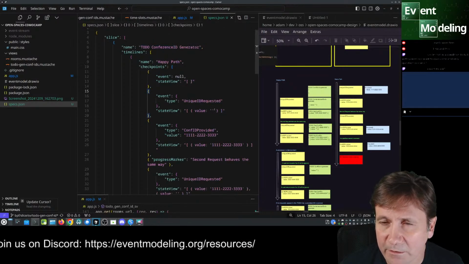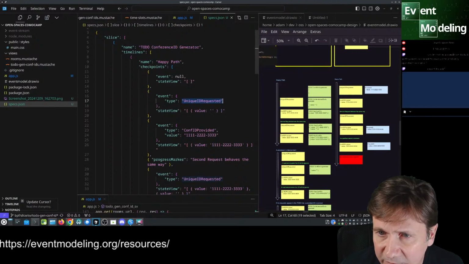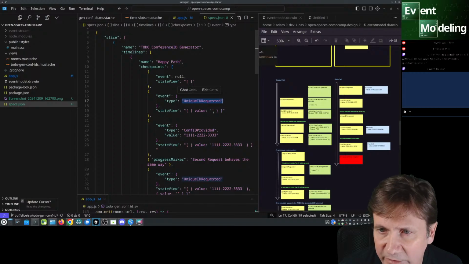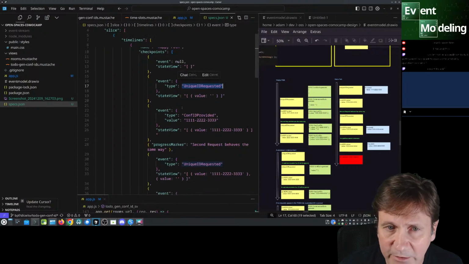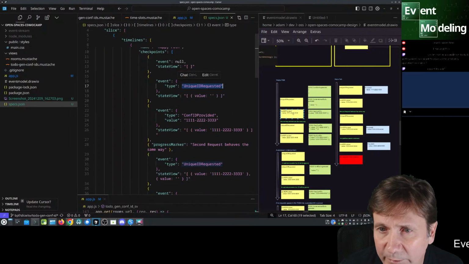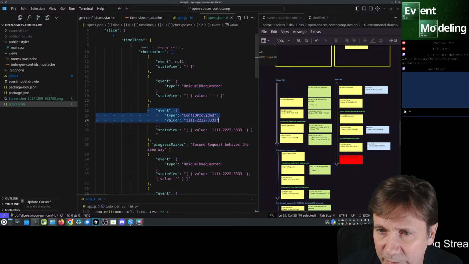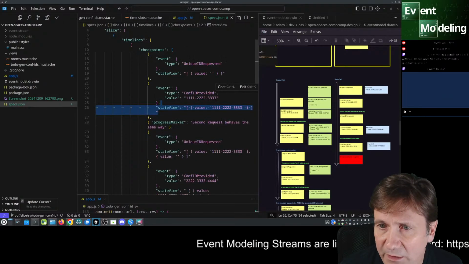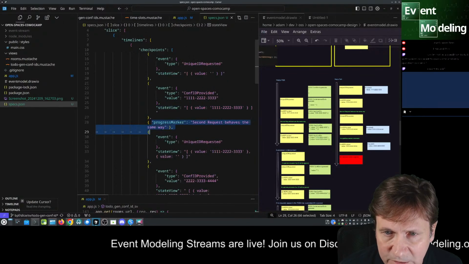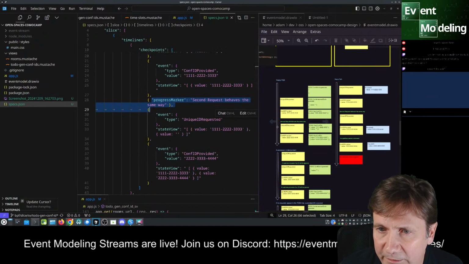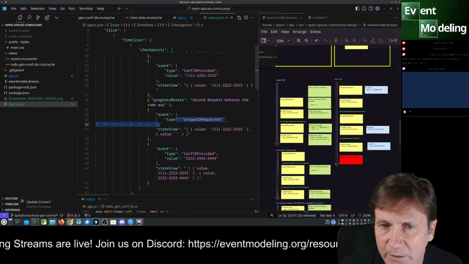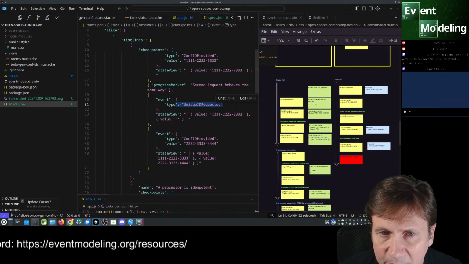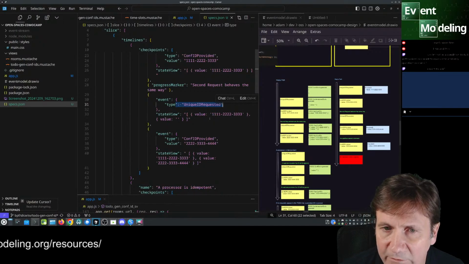Then we have an event of unique requested, and this to-do list has a value of nothing, an empty value to mark it. Then we have an event that provides that ID, and that ID ends up in the stage view. Then we have a progress marker describing what we're about to do. And then we have unique requested. Yep.